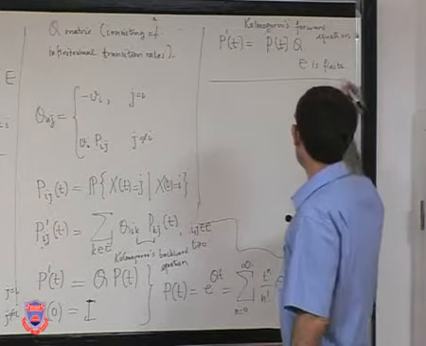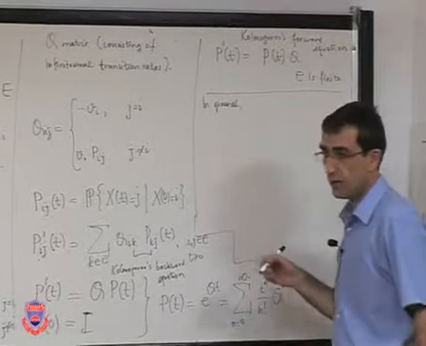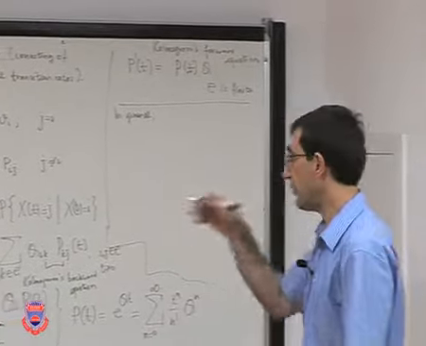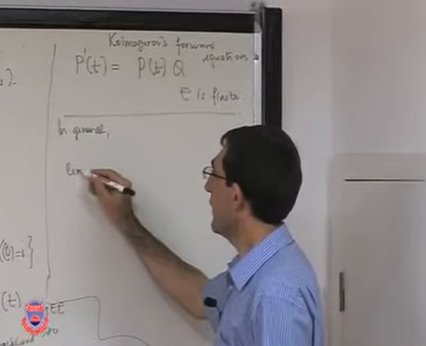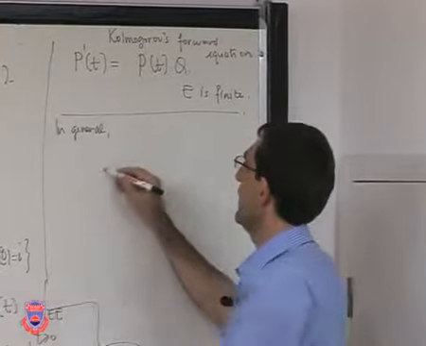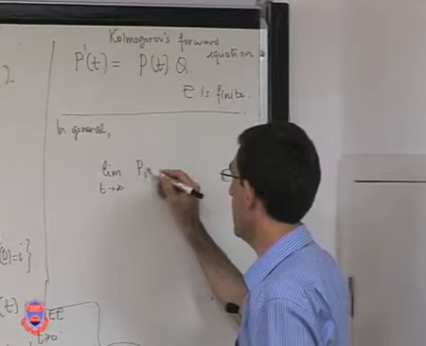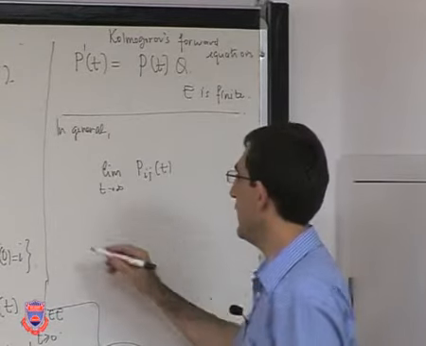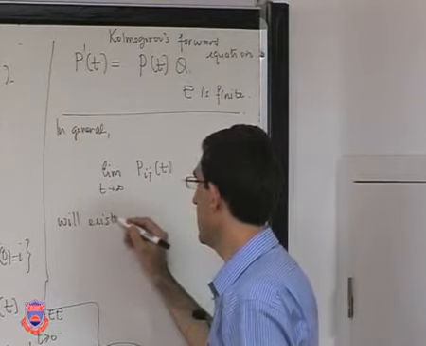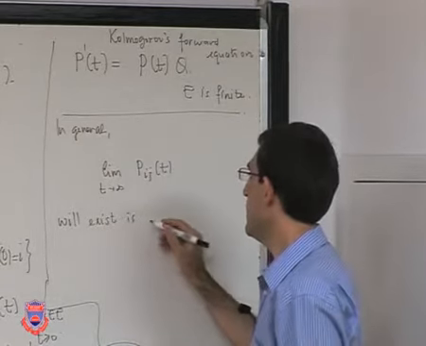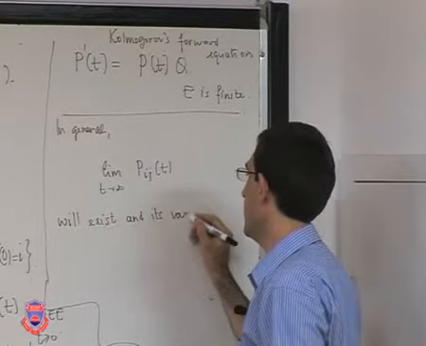Okay, and in general, under certain conditions which are going to be satisfied in many of the examples we are going to see, the limit as t goes to infinity of Pij(t) will exist, and is the value of this limit, and its value